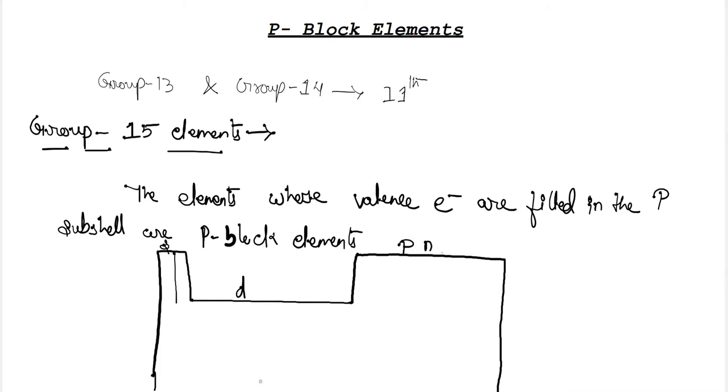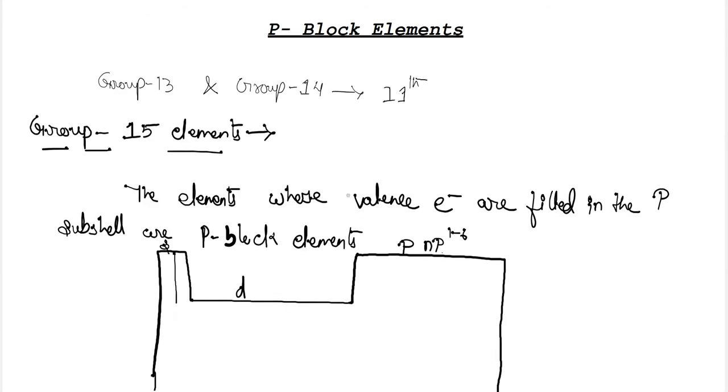You can represent it like this: np1 to 6. This is the general electronic configuration for your p block element. In the last shell, it will be np 1 to 6 electrons present outside. If 6 electrons are there, it means it is fully filled, and if one electron is there, then only one electron is included in your p shell.